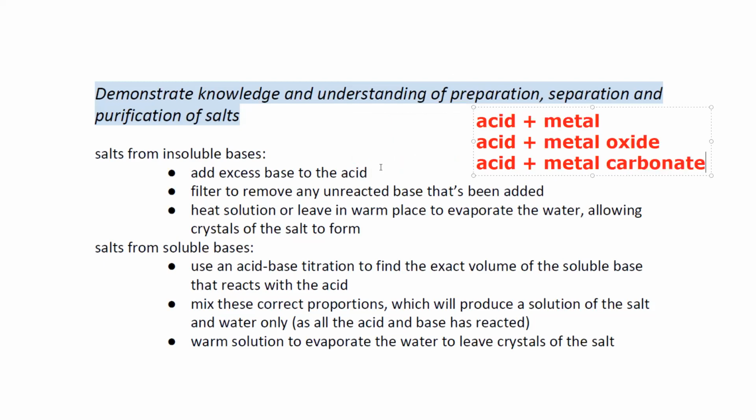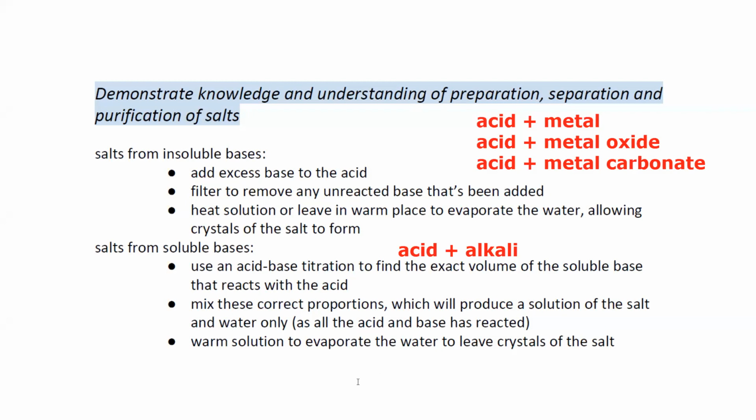If you want to obtain a salt from the soluble base, so this is acid plus base, or alkali is the right term because soluble bases. So we use acid base titration. We find the exact volume of base reacted with acid by using an indicator, and then we mix the solutions in the same volume when the indicator shows a color change, and then we can use evaporation or crystallization to obtain the salt from this